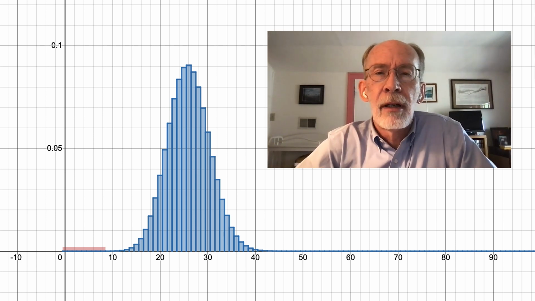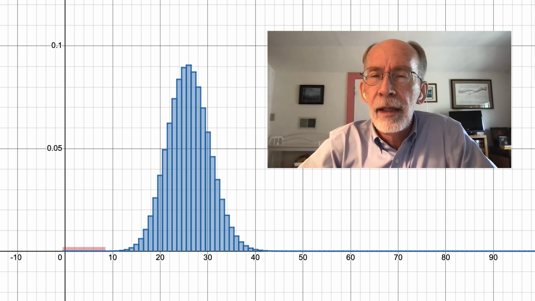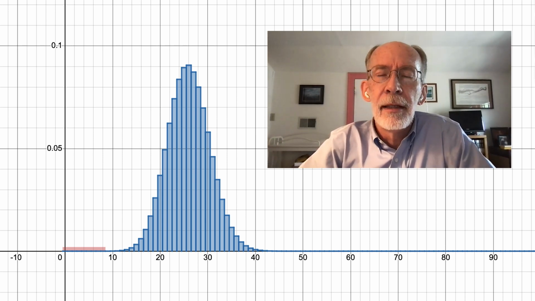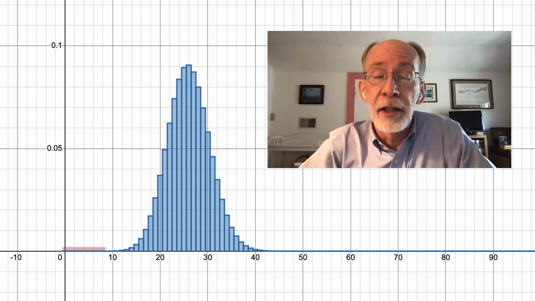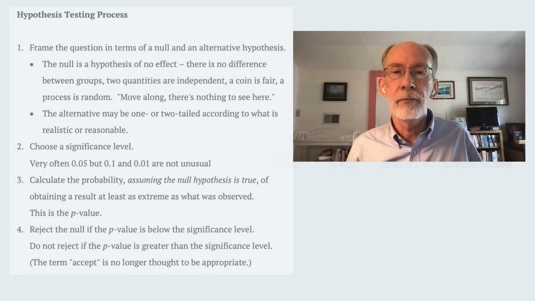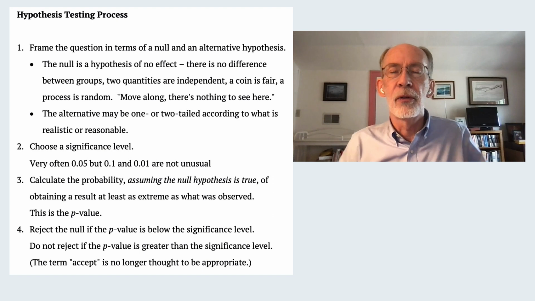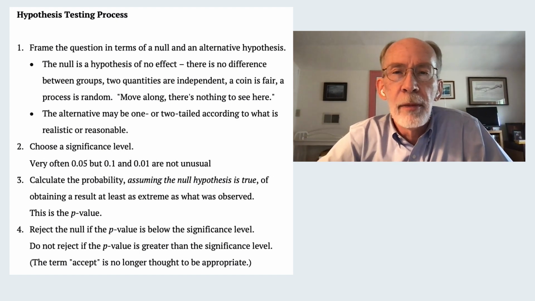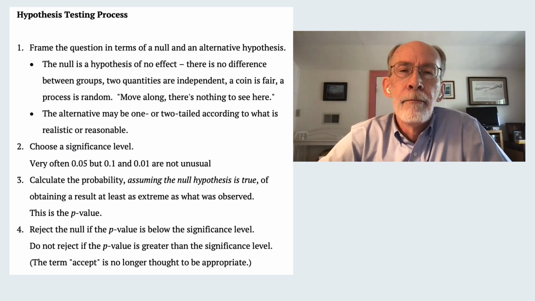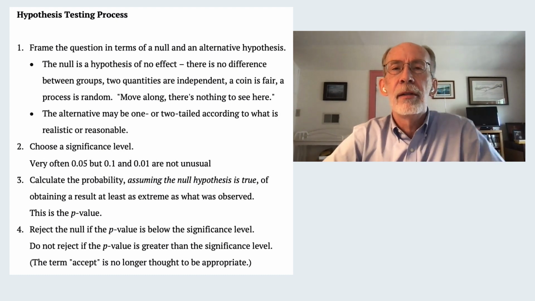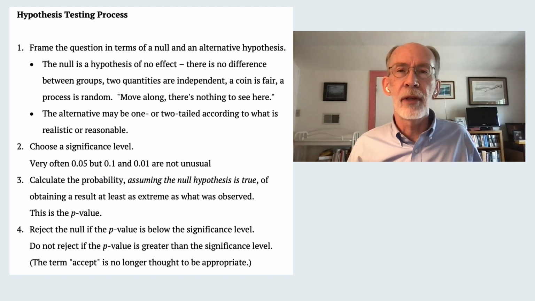So the logic of our argument was, let's see what things ought to look like under the assumption that things are fair. Let's compare that to what was actually seen, and let's draw some sort of conclusion. You'll see on your screen a formal description of this process that we're going to call hypothesis testing. And it begins with the framing of 2 statements, a null and alternative hypothesis.